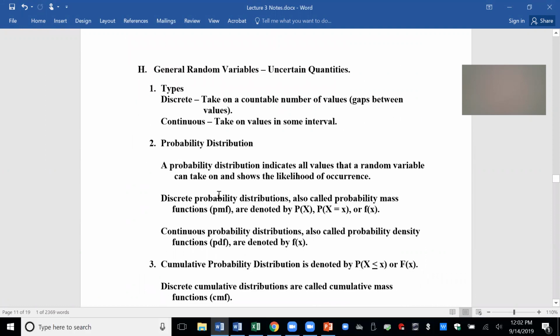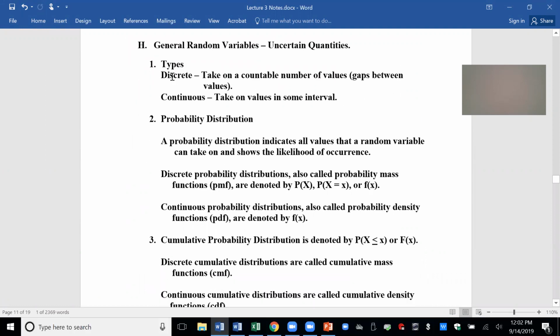So let's step back and see what we learned. Let's look at the theory associated with general random variables. A random variable is an uncertain quantity. They come in two types. Discrete ones, like the one we just looked at, the sample space for the one we just looked at for red was -1 and 1. And there were gaps between these values. There's a whole number of numbers between -1 and 1.